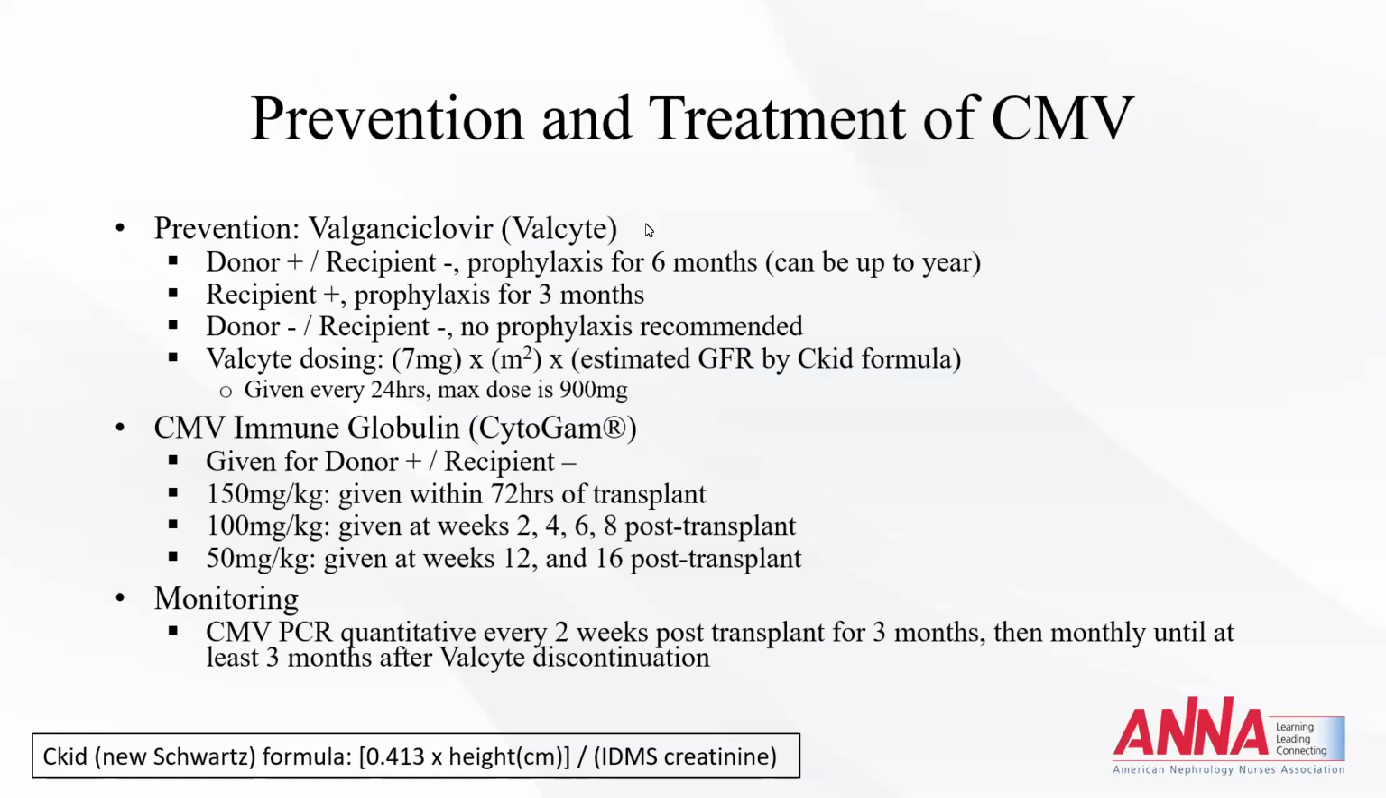Again, this is for that high-risk group, the donor positive, recipient negative. And you can see here, we give this its standardized time frames. So given for the donor positivity, recipient negative, and you can see here, whether it be 150, 100, or 50 per kilo, given at certain hours after transplant, and then at certain weeks post-transplant, and then they shouldn't need